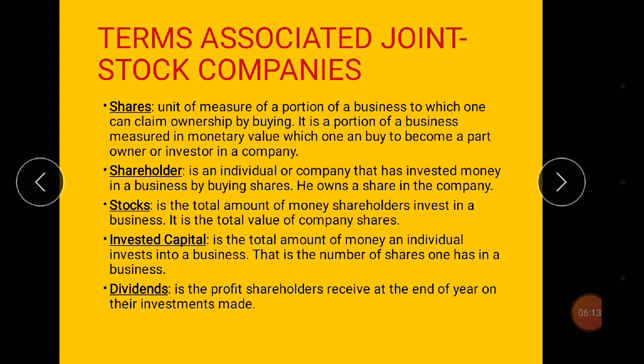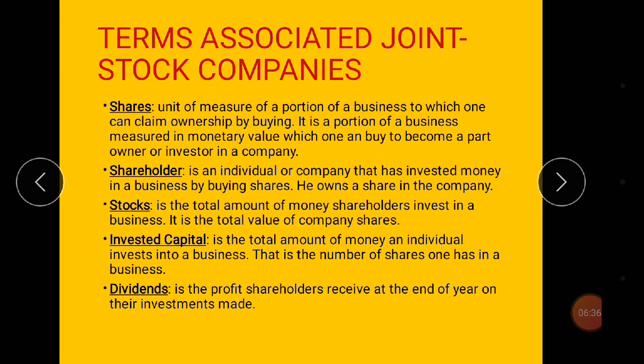The stocks. Then invested capital. Invested capital is the total amount of money an individual invests into a business. That is the number of shares one has in a business. So we're talking about Kojo Mensa Enterprise. If Kojo Mensa Enterprise has